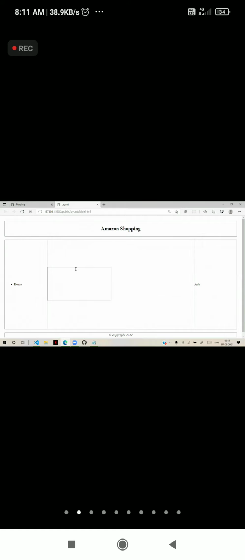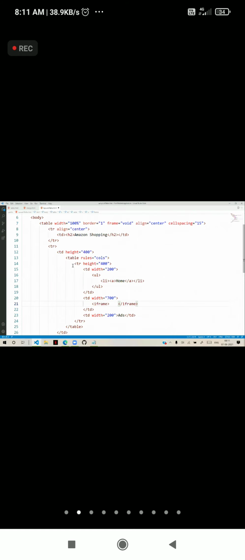So tables are used for presenting data and presenting layouts. We will design one simple example of how layouts are created with tables. One small example we will see with the layouts. Then we will get more perfection in understanding tables with layouts also. Table with data I showed you. With layouts, how we can manage them. One example I will show you, that we'll see in our next session tomorrow.